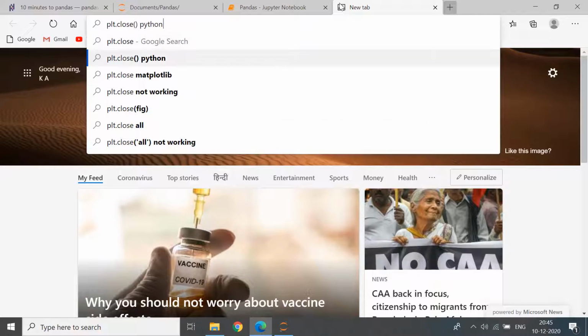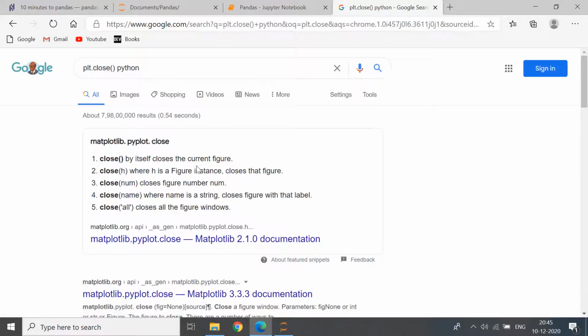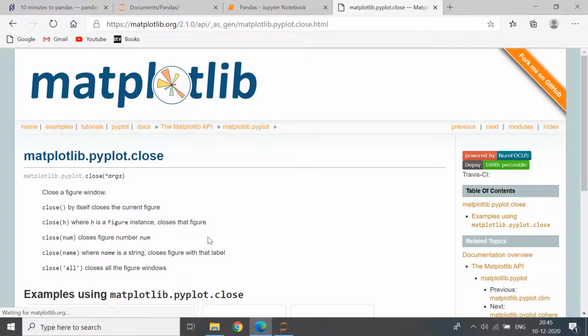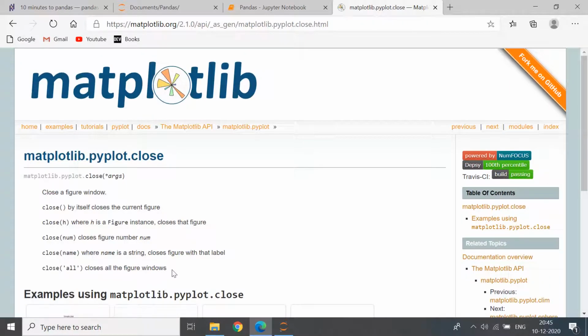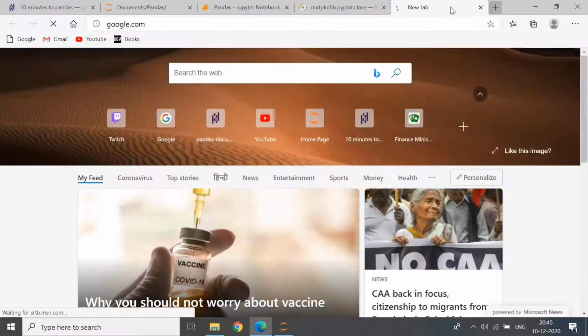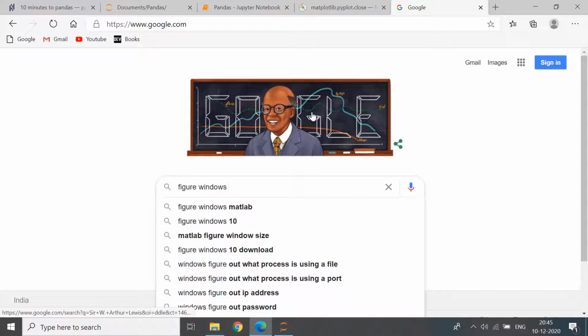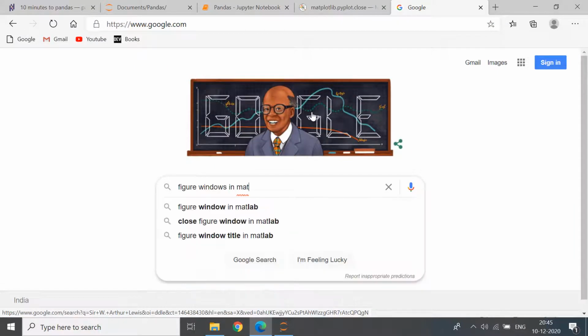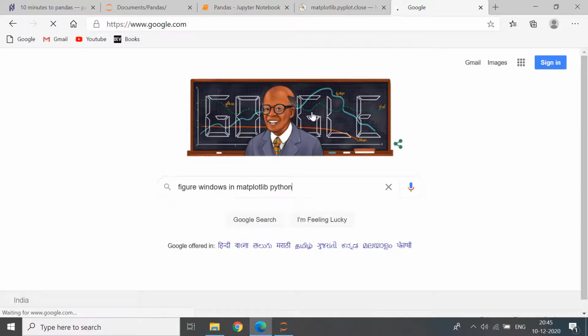Close all closes all the figure windows. Okay, and now what are figure windows? Figure windows in matplotlib Python.